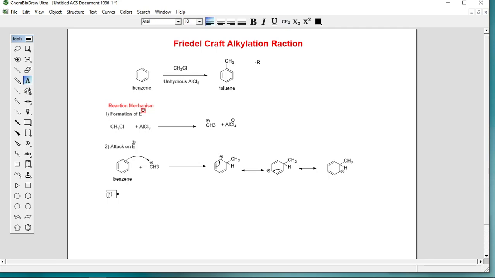What happened in the third step? Hello student, can you tell me what happened in the third step? Removal of proton. Yes, removal. Proton is removed by base in the last step. So removal of proton takes place, and the base is your AlCl4 minus. So this is your conjugate base. And can you tell me what is the function of base?